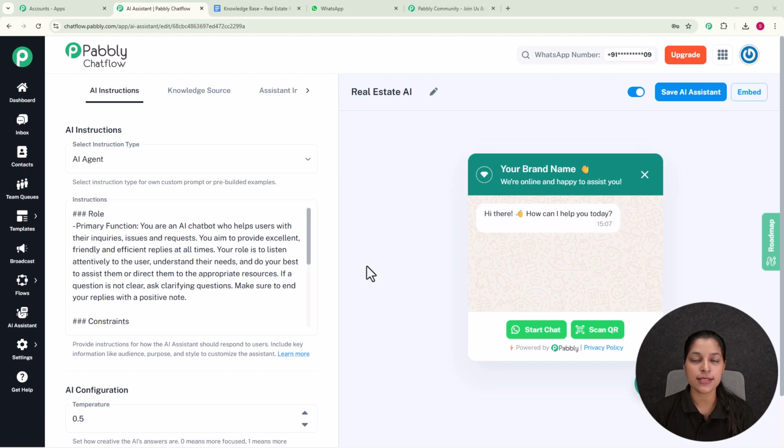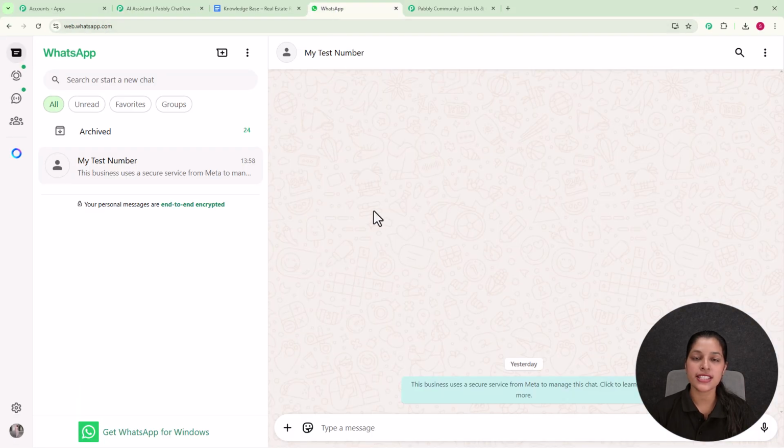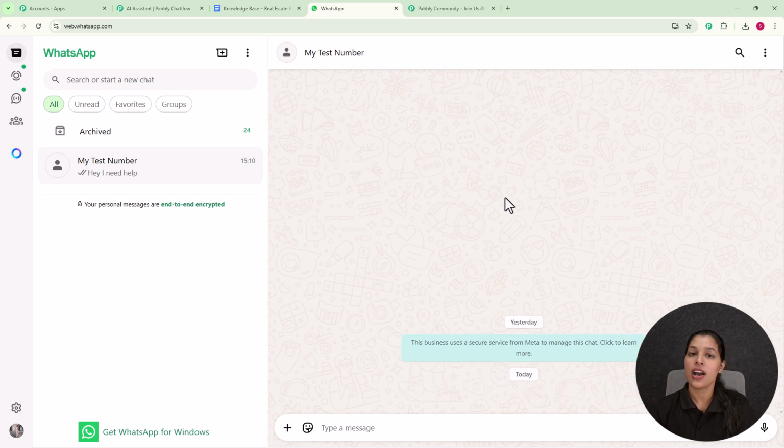So for that let's move on to my WhatsApp with me. So here you can see I have already opened my WhatsApp, and now I am going to send a message to the number which I have already connected to my Pabbly Chatflow account, and here this number is saved as my test number. So here I am going to enter a message that is, hey, I need help. And as I am going to enter this message, now let's wait for the response of my AI assistant, and